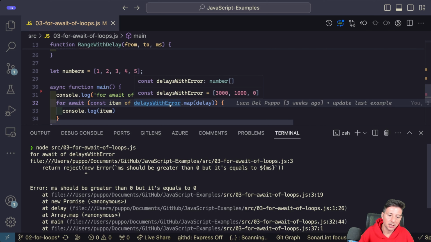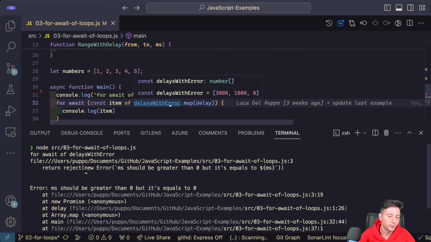So as you can imagine, the promise raises an error and the error is not caught. And obviously you have the other promises ongoing, but the process exits